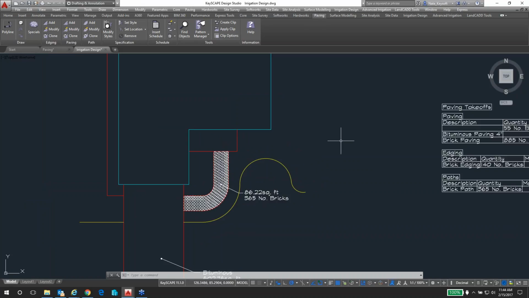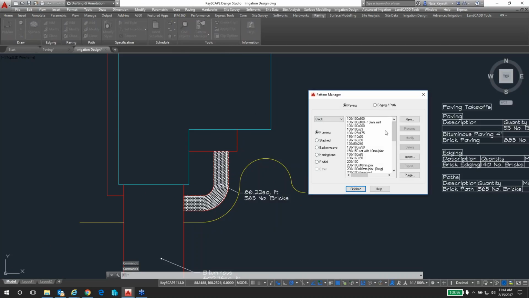Another question we have is, will we be adding more imperial-sized blocks? Yeah, that's one of our goals in this next development cycle, is to get more imperial patterns. These are all laid out in millimeters, and that's kind of the native way that Keyscape works. We just need to build out these libraries, give a few options. We'll be looking at that this year and possibly adding some downloads to our website